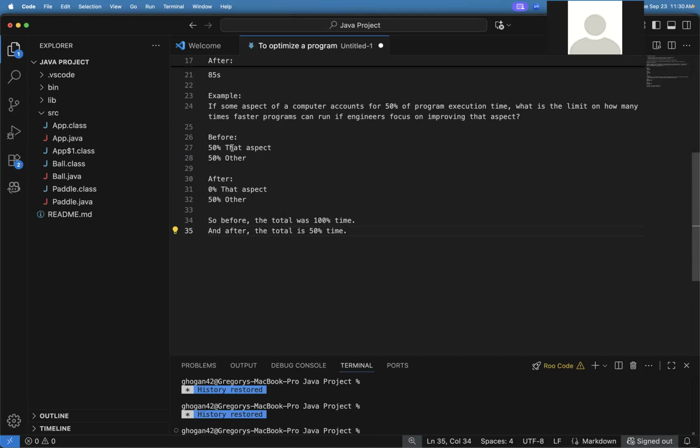Because we made that aspect run instantly, but it was only half the time. So we actually went from taking however long we were taking, 100% of the time, and now we're taking 50% of that time. So that's actually twice as fast, right? So 100 over 50 equals 2. So that's going to be twice as fast,